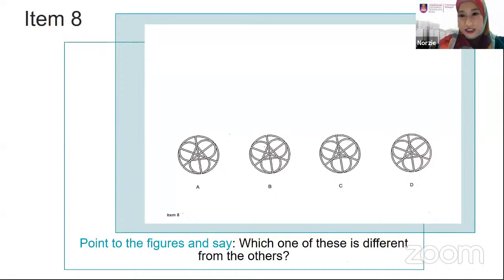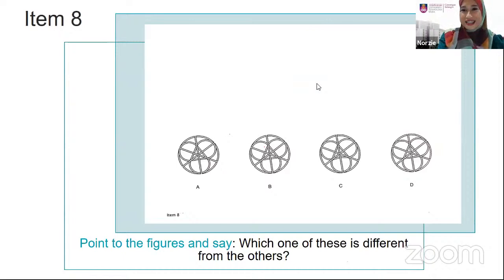Maknanya boleh tunjuk juga, tak semestinya boleh cakap betul. Contohlah macam kanak-kanak yang tak kenal huruf, dia tak kenal lagi ABC apa semua, so dia boleh tunjuk. Ada yang jawab C, ada yang jawab D.